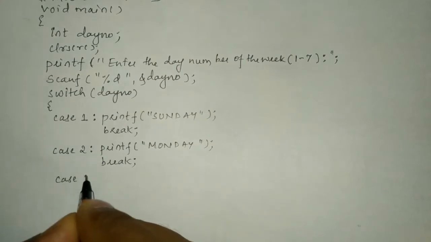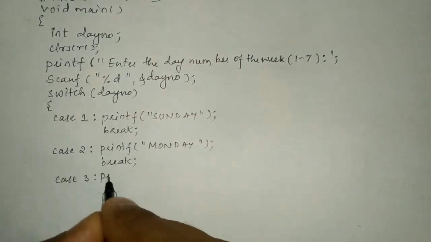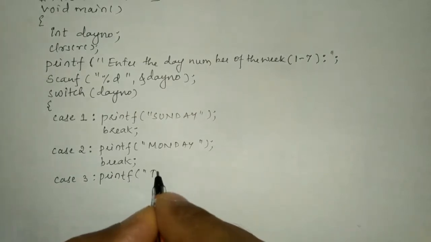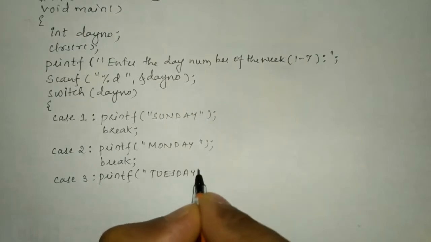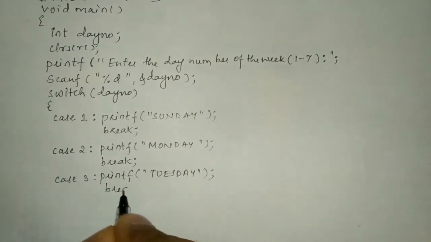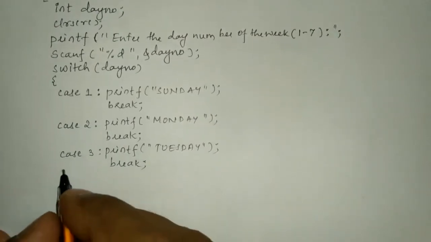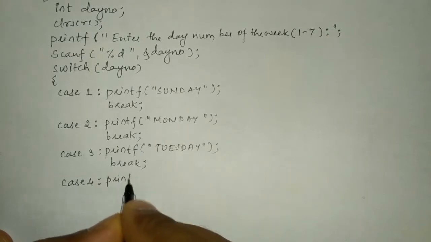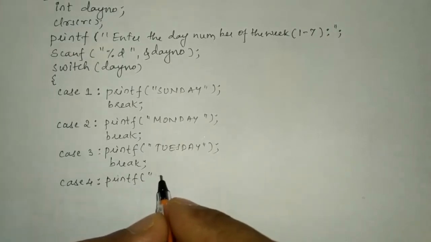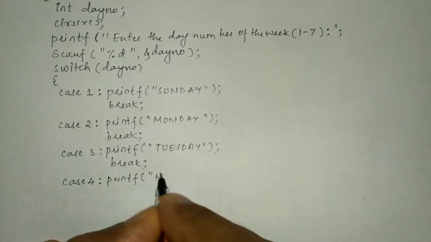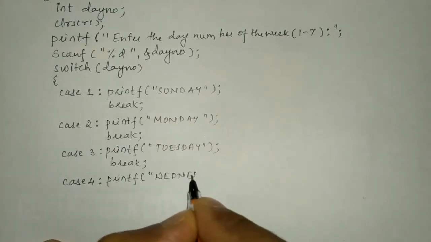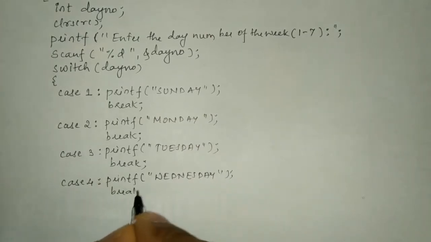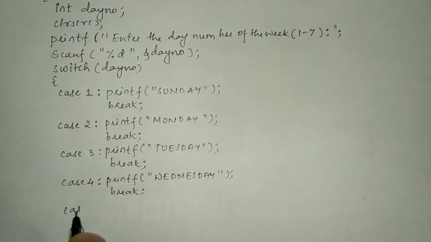Here we'll write case 3. We'll write printf, and in a double quotation mark we'll write Tuesday. End the double quotation mark, put semicolon, and again we'll write break statement. Here once again we'll write case 4 colon printf, and the double quotation mark you write. Here we'll write Wednesday, end the double quotation mark, and again we'll write break